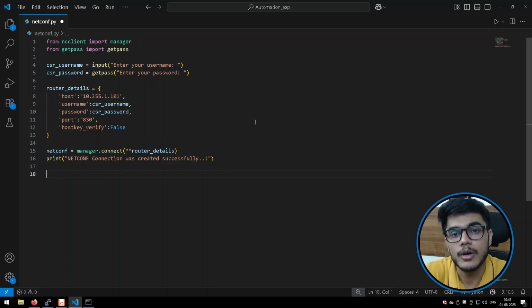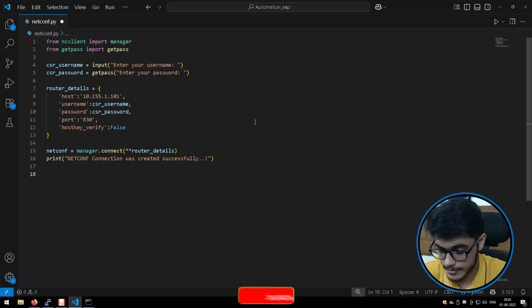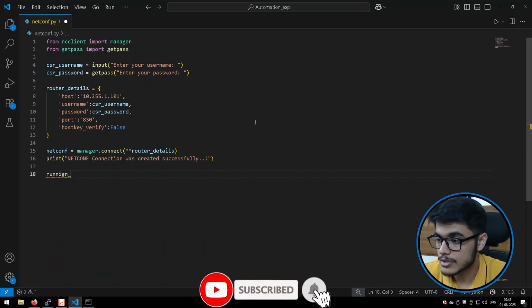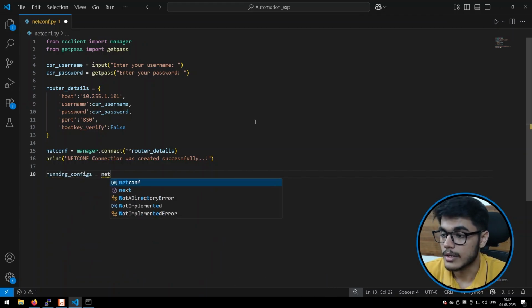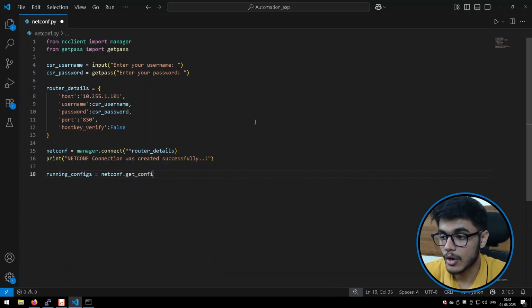So right now, because we aim to fetch the running configuration, which is configuration data, I should be using get_config. So I'll say running_configs equals netconf.get_config and specify that the